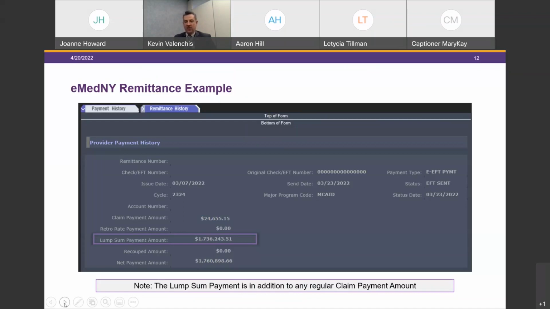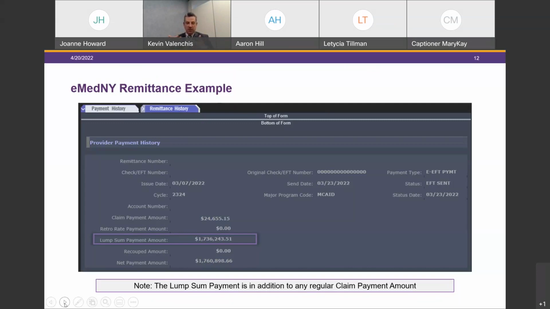1736243.51. That is the amount that, if you go back to the second sheet of the retention worksheet, the rate sheet, we'll see is the combination of longevity and retention payments inclusive of CFR 4, 4A, family care, and self-directed, self-hired payments adjusted for the respective FIDA IDD enrollment percentage splits. I'm not going to go back to the screen, but if you flip back, you can see that's the value under the HCBS column. So this is just an example of the HCBS waiver payment that you would have received.